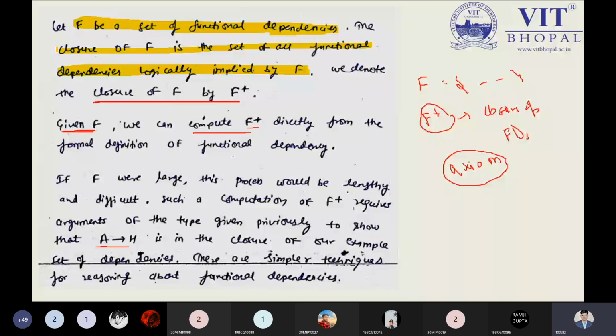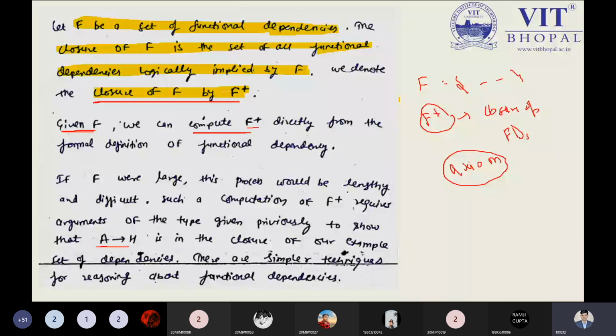And if we need to use the closure determined from F, then the notation will be F plus. This plus symbol is represented as a superscript. So F plus, that is the closure of F, we will try to compute from the set of functional dependencies, that is F. This is the key point we have to keep in mind. Now, this statement is clear to all.